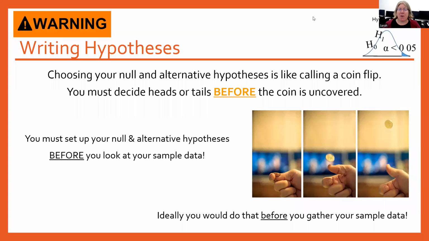Let's look at how we get from our hypotheses to a probability. Choosing your hypotheses is a lot like calling a coin flip. You have to call heads or tails before the coin is revealed. Similarly, you have to choose your null and alternative hypothesis before you look at your sample data. Ideally, you would want to choose your hypotheses before you even collect that sample data to avoid the temptation of